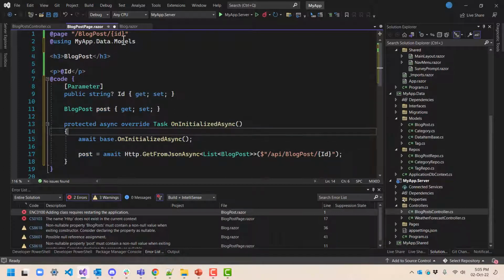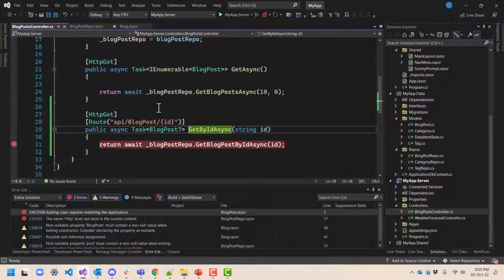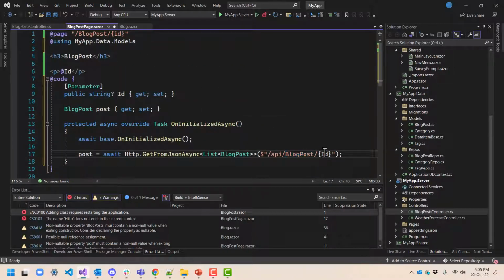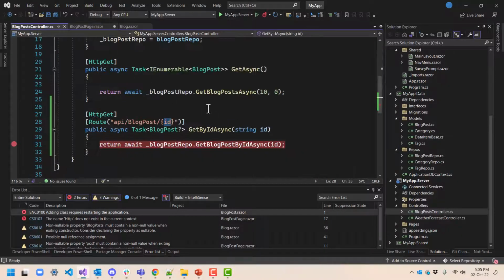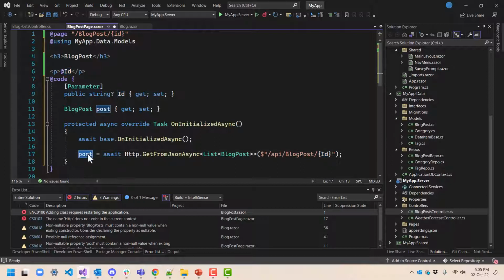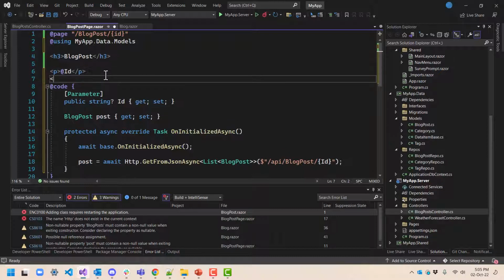So this will take whatever came in on the ID field, we'll pass it in here, and construct a reference to this API request, which will send this ID that we got on the request for this page to our API, which will then go to our repository to pull the data from the database, return it, it'll come back to this page and be placed in post. And then here, just so we can see if we got something, let's just say